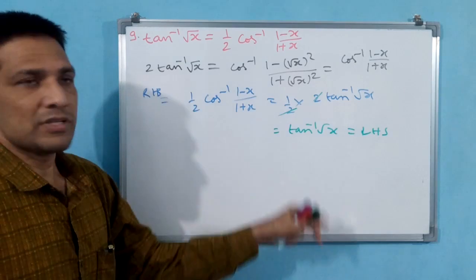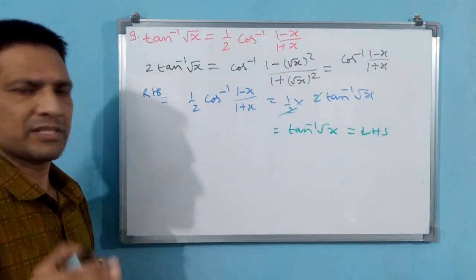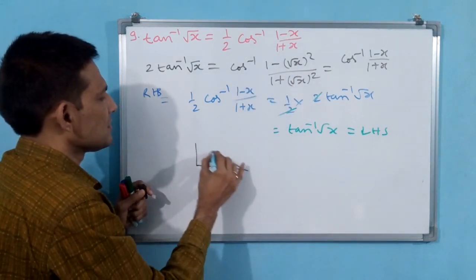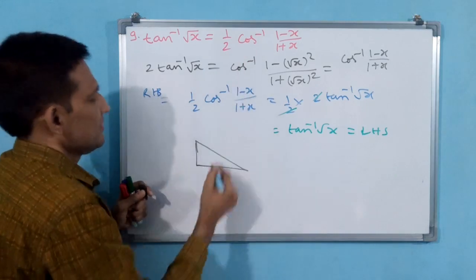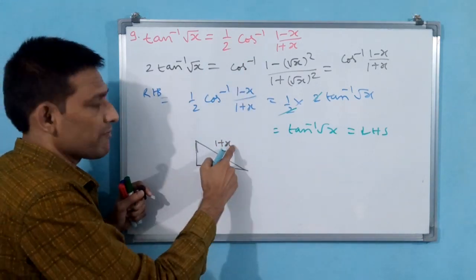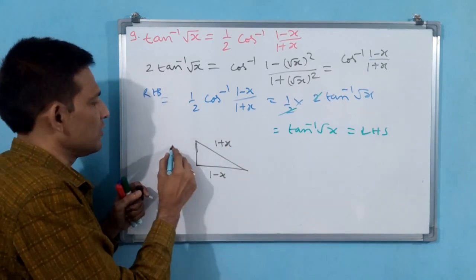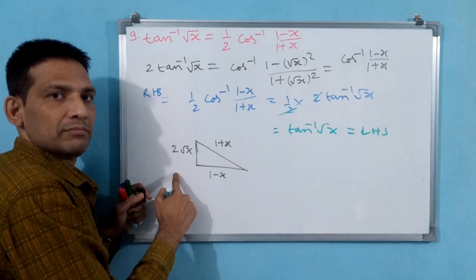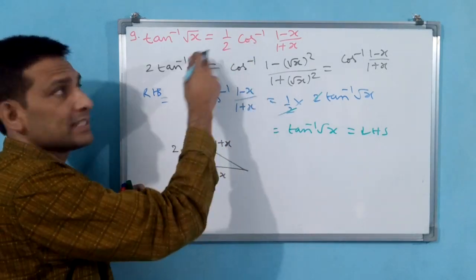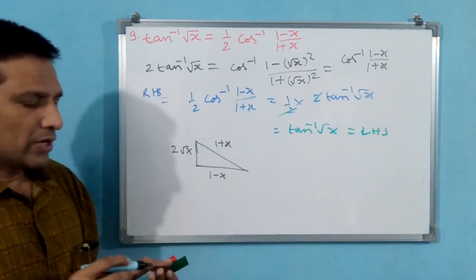Or else you can do it also. See, this is one procedure if you know the formula. Formula you have to remember anyway. I am always stressing to you to remember formula. Or else what you are going to do? Cos, 1 minus x, 1 plus x, under root of (1 plus x whole square minus 1 minus x whole square). If you make it here, 2 root x will come. With this also you convert to tan inverse and 2 is going to get cancelled. This is going to come. Both are correct. Whichever you follow, you follow.